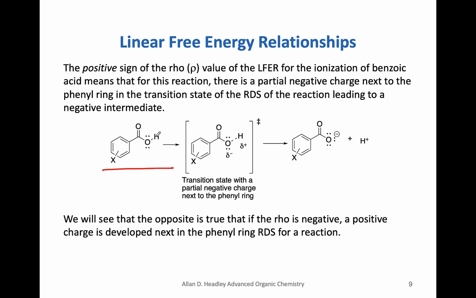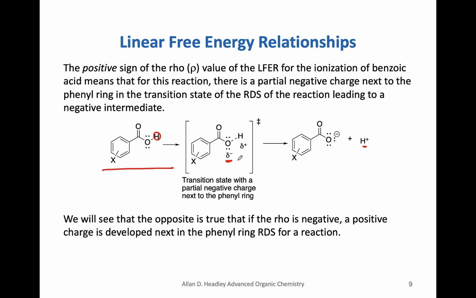You can see here that for the ionization of benzoic acid, this proton leaves, and here it is, and it leaves behind these electrons here, which means that in the transition state, this oxygen here is partially negative in the